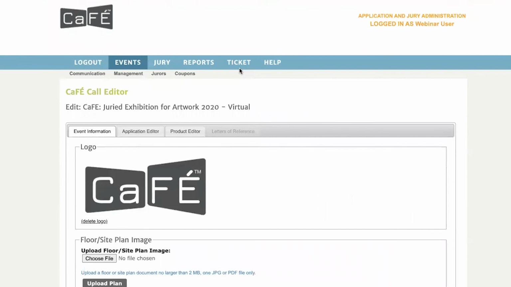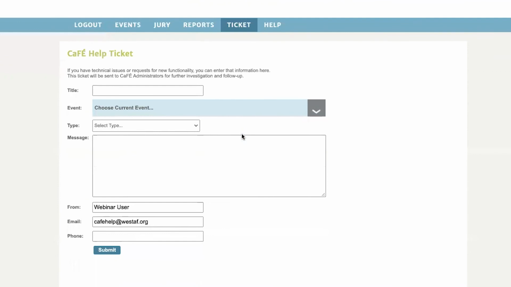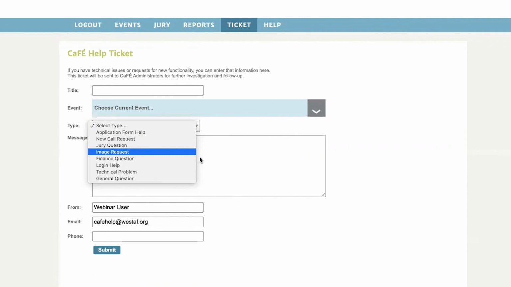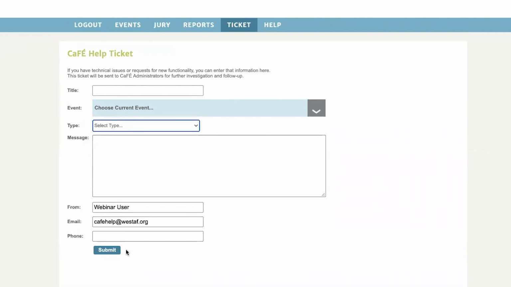What you'll want to do is request a download of the high resolution images. So when all the images are in CaFÉ and you're looking at them in CaFÉ, they're actually a low res version, but to request those high resolution images all in one place, submit us a help ticket and submit the type as image request. In this image request, you can tell us which status of images you need, most likely the invited ones. And you just send us this message, and then we'll provide a download link for a zip folder, and that will give you the high resolution images that you can use to add to Zoom or a separate platform or your website.